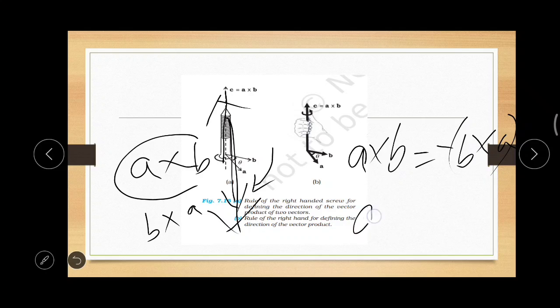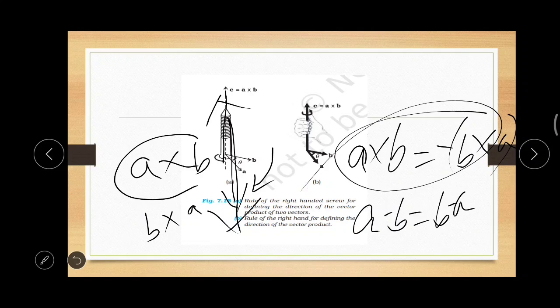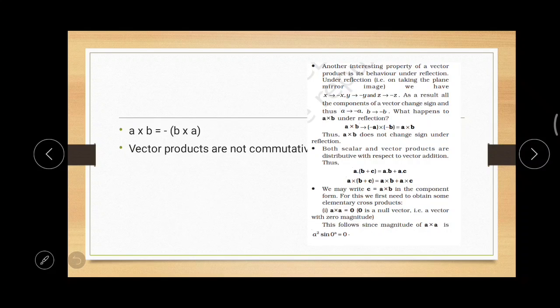But in the case of the dot product, a dot b was equal to b dot a. But here there is a negative, a cross b is equal to minus of b cross a. Thus we can say the cross product is not commutative. The vector products are not commutative. And another interesting fact is